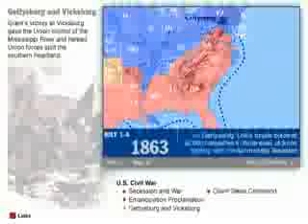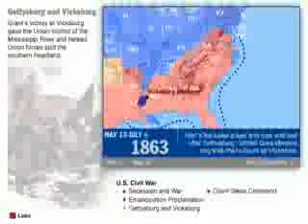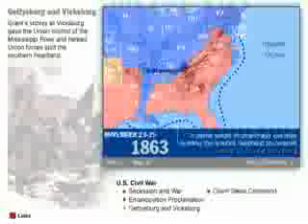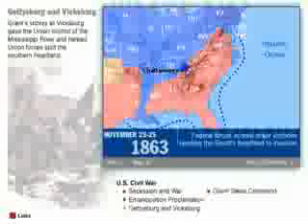Without Jackson, Lee's bid for a victory on Northern soil failed at Gettysburg. Meanwhile, Grant had tightened the noose around Vicksburg in a 6-week siege. A day after Gettysburg, a whole Confederate army of 33,000 surrendered to Grant. Union control of the Mississippi split the Confederacy in 2, and in November, Federal forces scored dramatic victories in Tennessee, opening the South's heartland for an invasion in the spring.